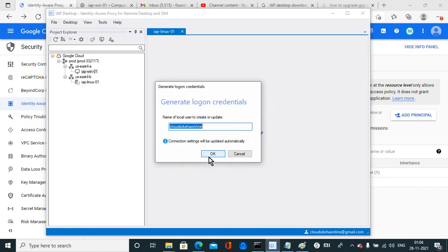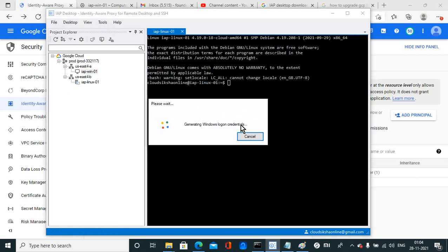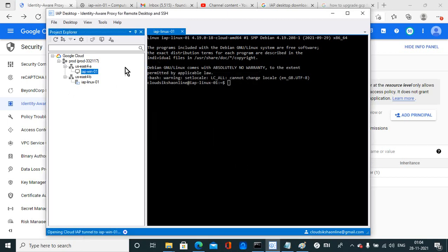Just create it and it will generate the credentials and close. It's saved. So now I have connected with the Linux machine from here.